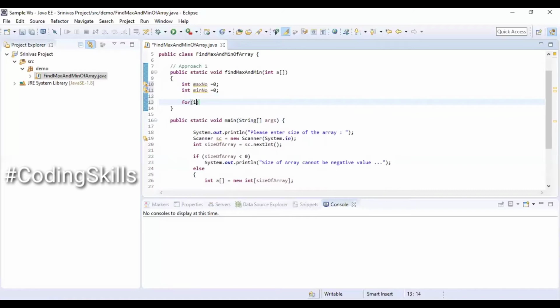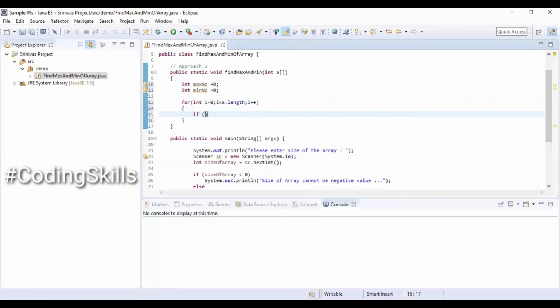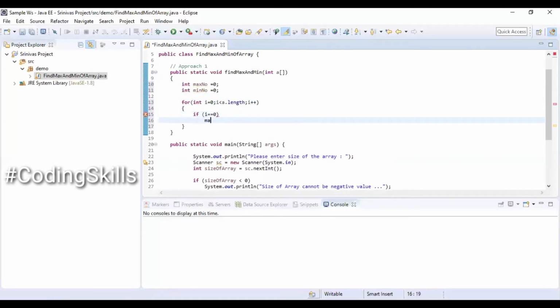Starting a for loop, int i equal to 0, i less than a dot length, i plus plus. So the first if condition we are using: if i equal to 0, meaning if it is the first element, we are populating max number and min number with the first value of the array which is available at the 0th index.